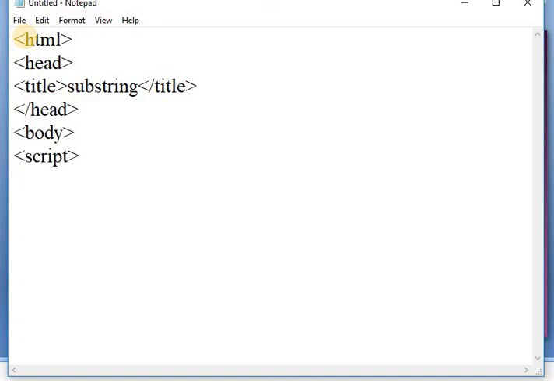In the script tag, here I am taking one variable, that is str is equal to "Welcome to JavaScript" as a string.